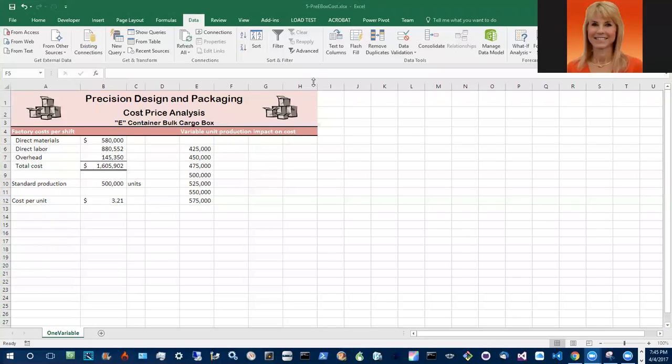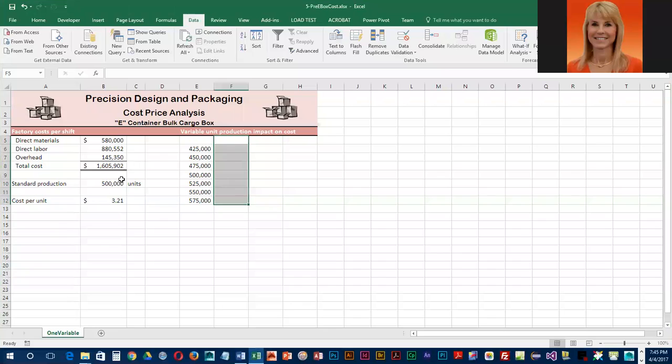So we're going to be using the data table feature to generate some values for us. And this is another form of what-if analysis. And right now, we have a total cost, and we have the number of units produced. And to figure out the cost per unit, we've taken that total cost and divided it by the number of